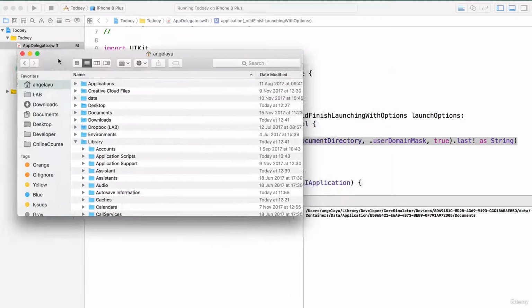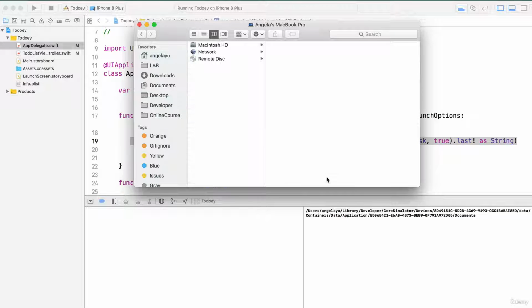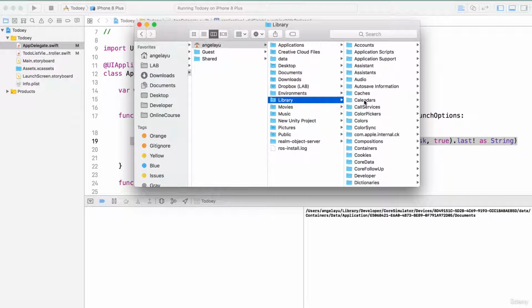Now we can use that file path to go into our Finder and try and locate this plist file that stores our data. So this starts off in our root, which is our Macintosh hard drive. And then we're supposed to go into users, and this is my username on this laptop. And then we're going to go into library, developer,